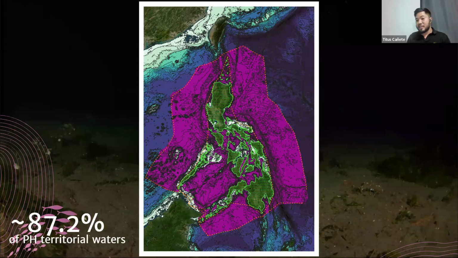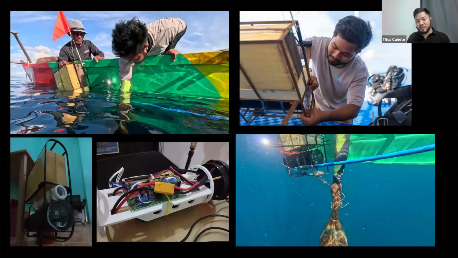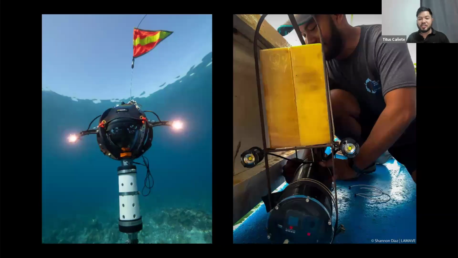One of the reasons being that we don't have access to the technology or the expertise in order to study these ecosystems. So that's the barrier that we're trying to break through right now: creating accessible ocean technology. Here we have our low-cost deep sea camera system. It's a baited remote underwater video system, and it took inspiration from the National Geographic deep sea camera systems, where it's attached to a biodegradable weight, and after a certain period of time, it corrodes a wire or burns a wire and sends it back to the surface.